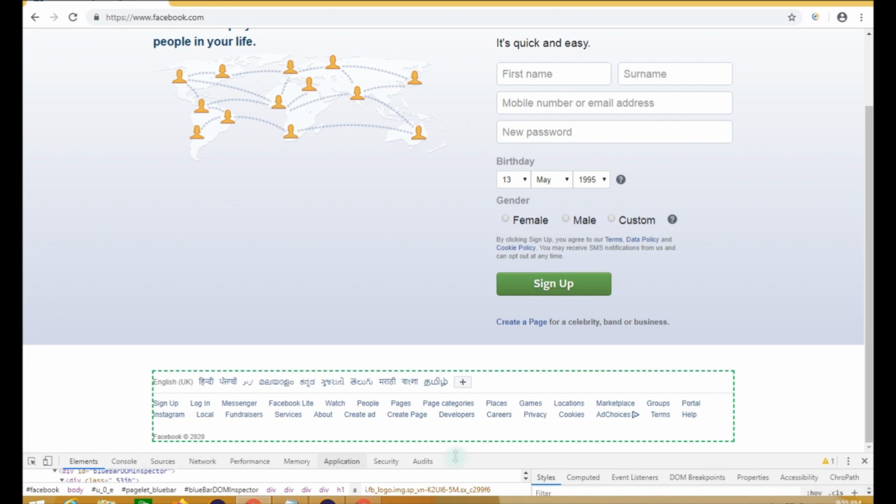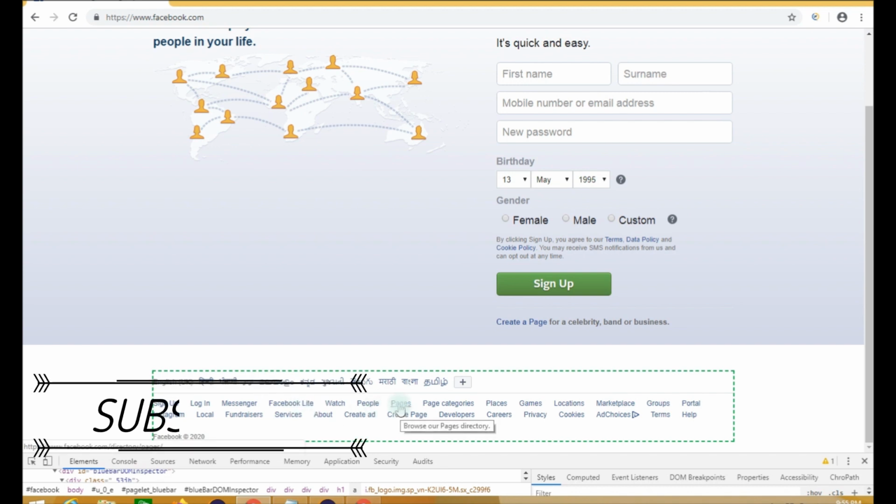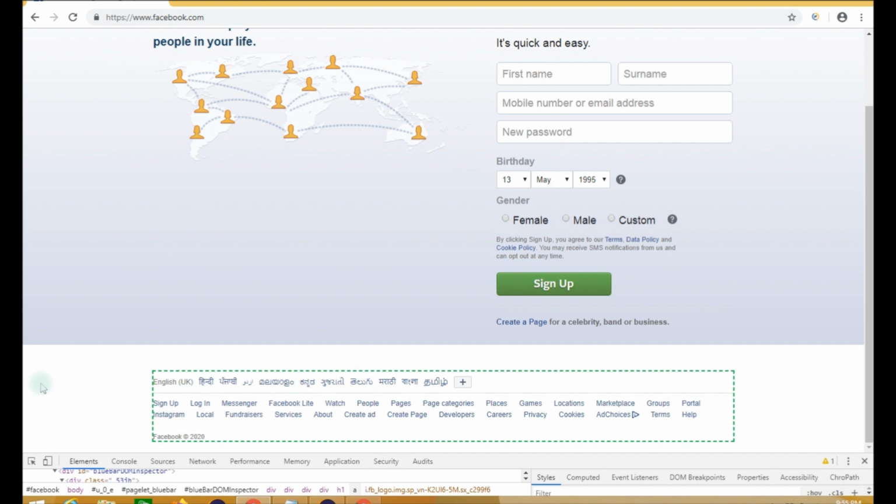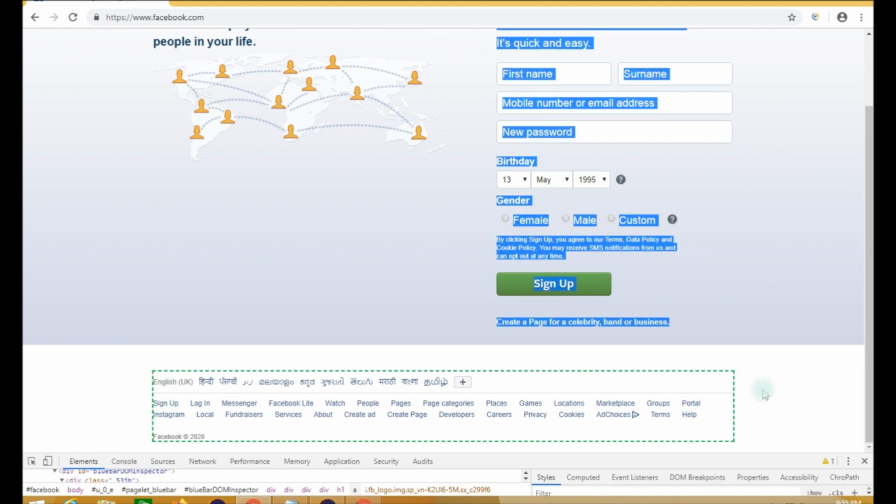For example, this is the footer of this Facebook login page, and here there are multiple links that are present. So all these are links. When we click on this, a new page will be displayed for the user, right? So we have to identify the number of links that are present in this footer,